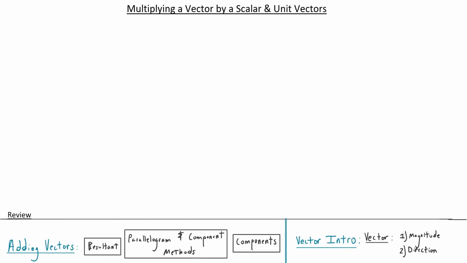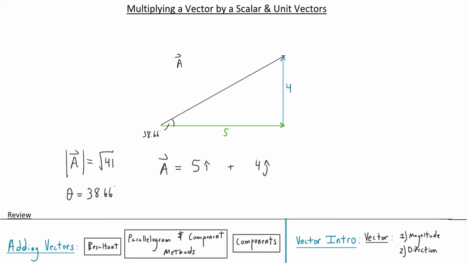In this video, we're going to be talking about multiplying a vector by a scalar, as well as unit vectors. So if you've ever seen this notation around, and you've wondered what these i hat and j hat things are, those are unit vectors, and we'll be explaining those in this video. And to understand unit vectors, we have to talk through multiplying a vector by a scalar first, so that's what